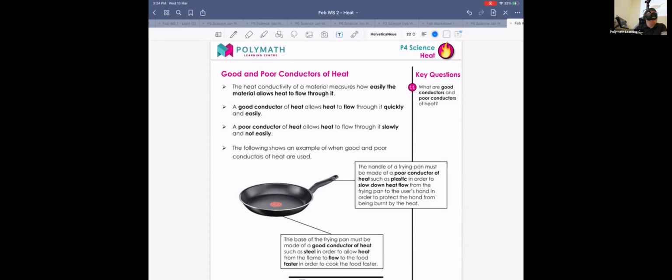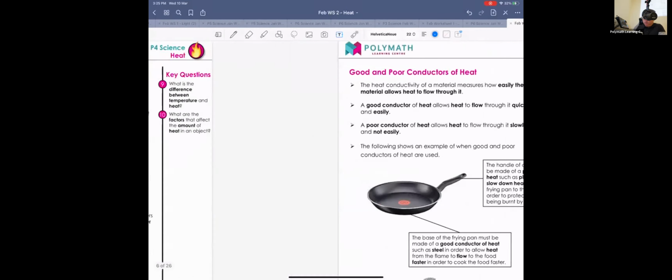Okay? If you pour hot soup into a wooden bowl, compared to pouring hot soup into a metal bowl, when you touch the wooden bowl, it doesn't feel that hot. When you touch the metal bowl, it feels hot. Because good conductors allow heat to flow through quickly. So when you touch a hot bowl of soup,